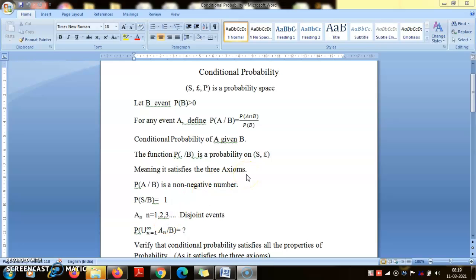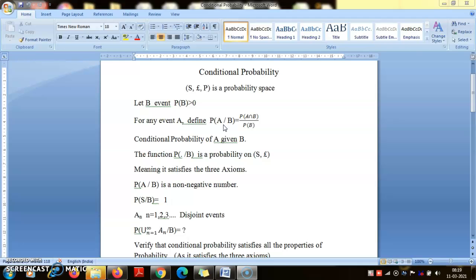Hello, good morning. So today I'm going to introduce a new topic. So far we have talked about probability of an event. Now we will talk about conditional probability. That is, given some information, we are talking about the probability of an event. So when you talk about probability of any event B or A, that is called unconditional probability. And given some information, when we are trying to assign some probability regarding the event A, then we call it